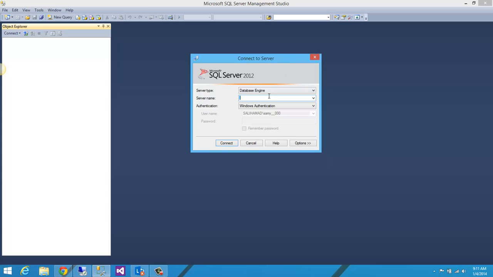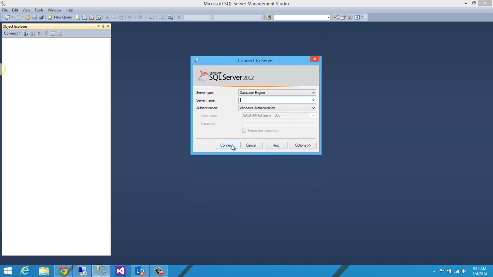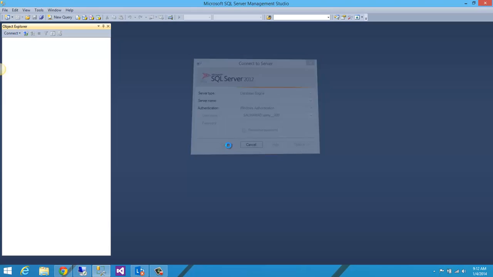And here, I'm just going to use the default instance to connect to SQL Server. But if you had an instance, let's say in a server on another machine that you wanted to connect to, you can just type in the server name. And as long as you've been provided the right credentials, you'll be able to log into it. But we're just going to connect to the default instance within my machine. And I'm going to use Windows authentication. Click connect,